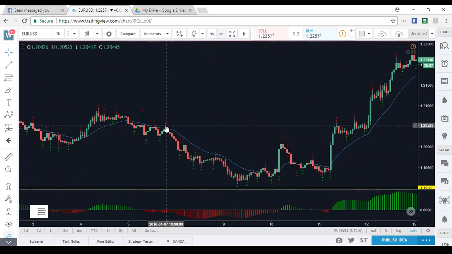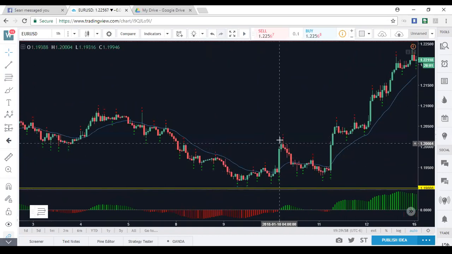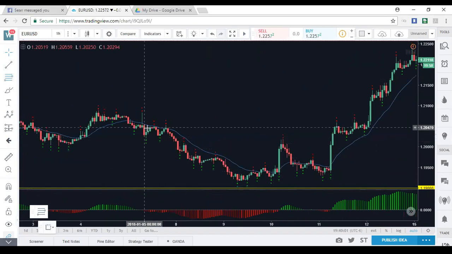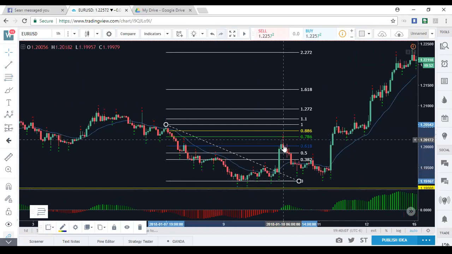So let's say from this fractal on this impulse down all the way to this low, this retracement came up into the 786, 886. So from that high to the low, here's the 618, here's the 786. Like I said, the 618 is our threshold for our entries. If price comes down and retraces up into this some more, we've got some pending orders set up here. Our stop loss is all the way up here at the 1.1, which is above that high. Which means if price does retrace all the way up here and get above it, then you already know it's going to continue to go up. You can begin to look for entries to buy, basically.